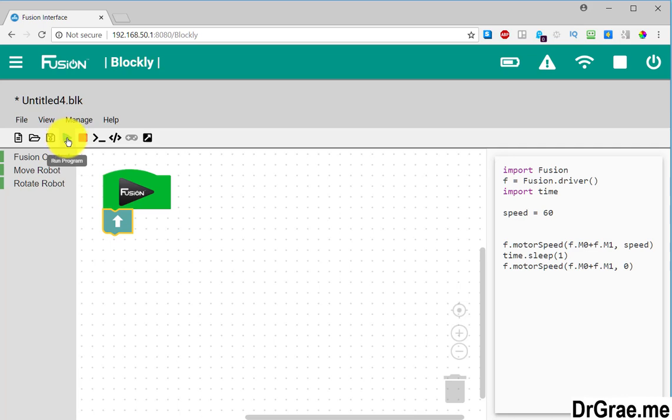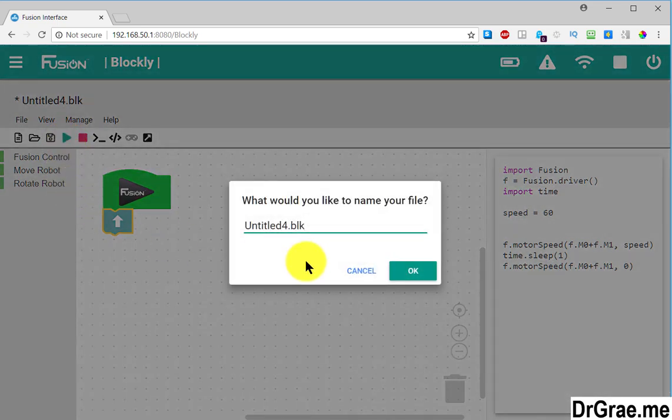Now we want to run our Blocky program. When we run the Blocky program, what we're actually doing is running a Python program. We didn't know that up till now. The system converts our Blocky program into Python, and it's this Python program which is running. Now, when we run it, in fact, we've got to save the BLK. We're saving a Blocky program. Okay, and we'll call this test 1,